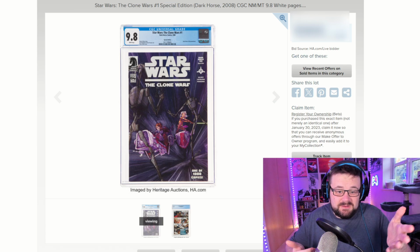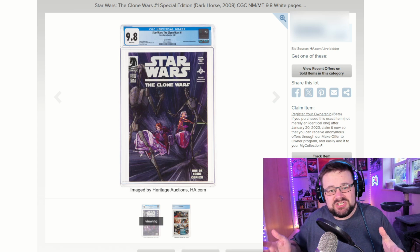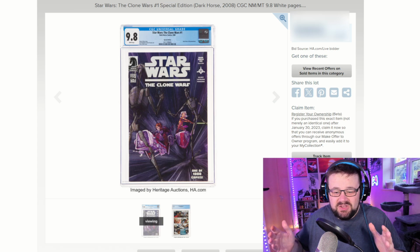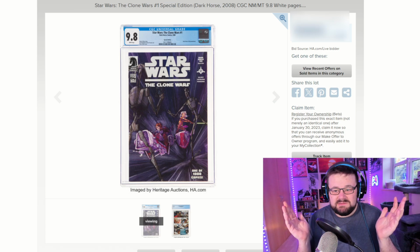But this has been graded apparently a 9.8. You can see its original artwork, and it is a very, very limited edition copy of this comic. So how much do we think? It's got to be maybe less than the poster, do you think? I'll give you 3 seconds. 3, 2, 1...